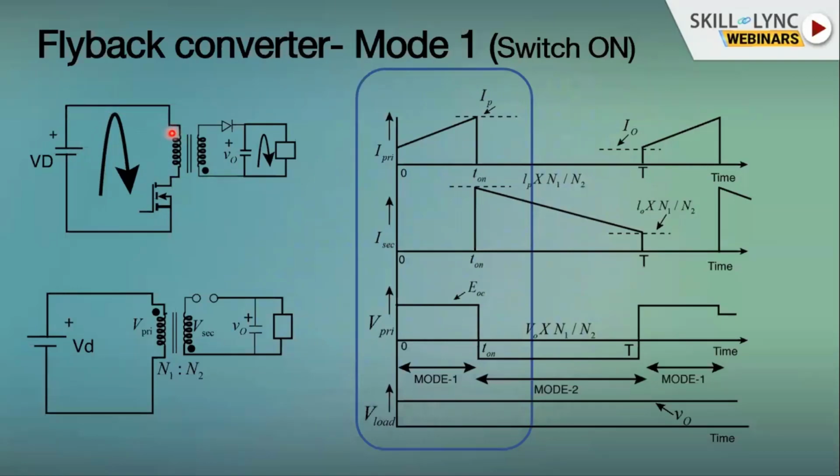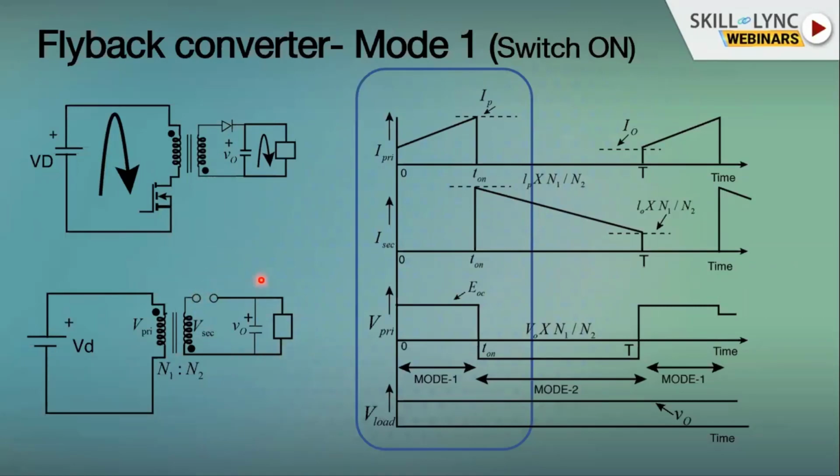When we are switching it on, the flow of current towards the input side will be like this. And you have noticed one thing: the primary and secondary polarity is opposite. This is important here. When we are switching it on, the voltage appearing at the output side makes this diode a reverse-biased diode, and no current will flow in this direction. So this diode is practically, electrically not coming into the picture, and this circuit will be electrically isolated.